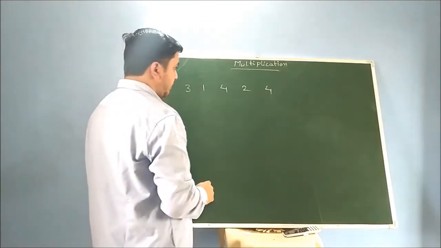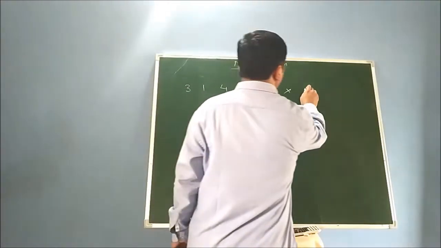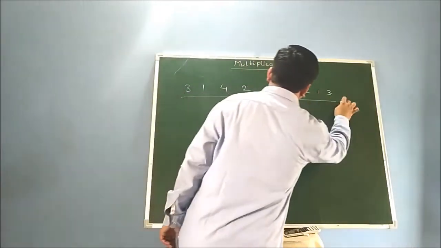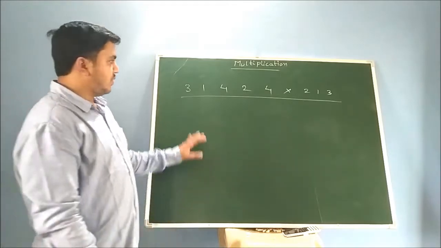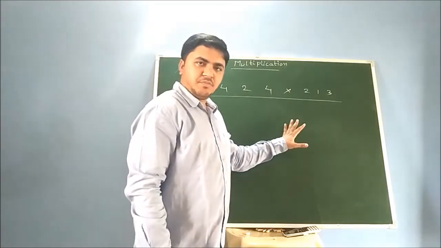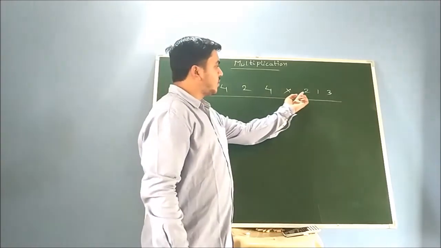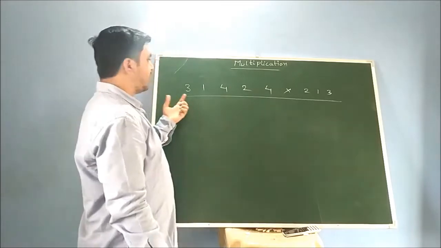So we have to multiply this 5 digit number with one 3 digit number. Let's say 2 1 3 is my number. So I have to multiply these two numbers. For the first multiplication, as you saw in the previous method, the same way we'll multiply it. Either you can include the zeros also. You can include 2 0 before 2 1 3 and you can write it down here and multiply.